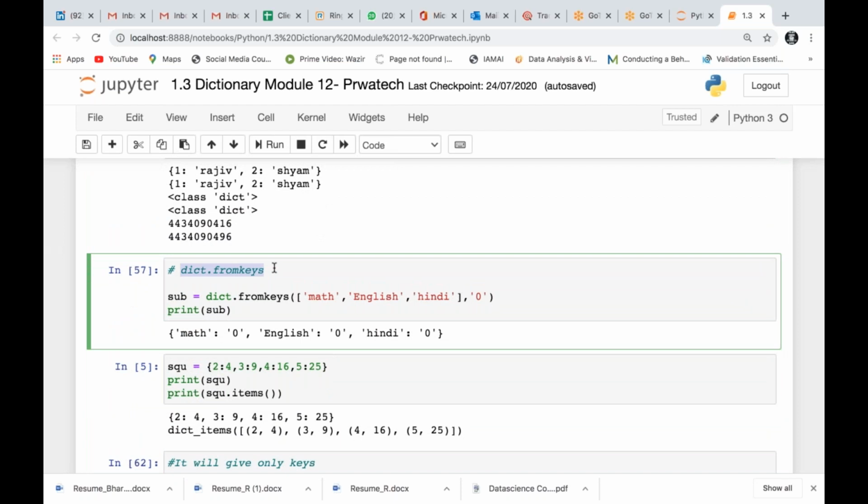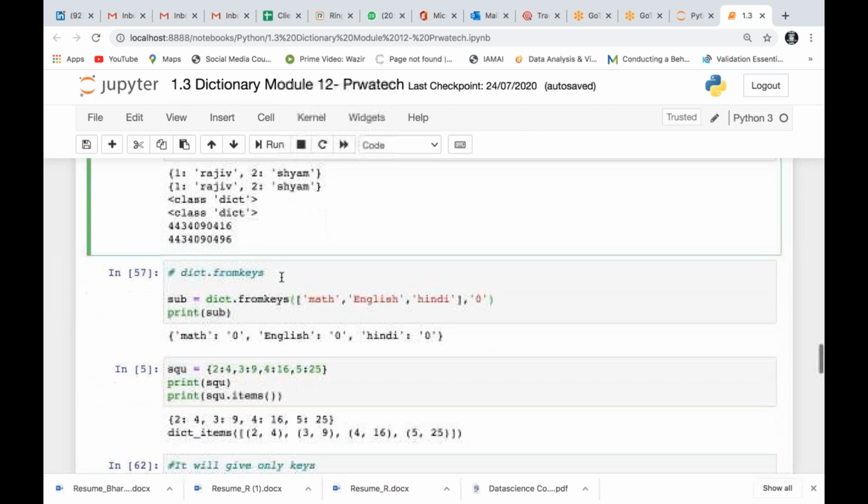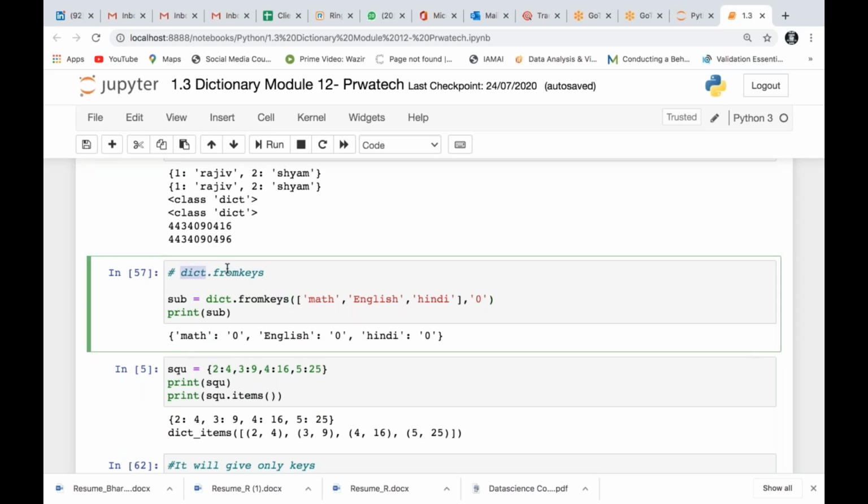Dict fromkeys. This is what we have. So fromkeys, I guess this is what we discussed last, and we'll learn today about dictionary fromkeys. So we have a key and value, right? So let's say one key can have multiple values. That is common. One key can have a list of values,